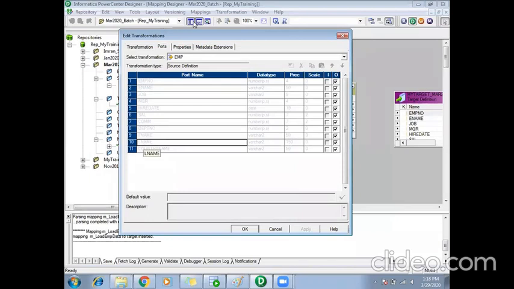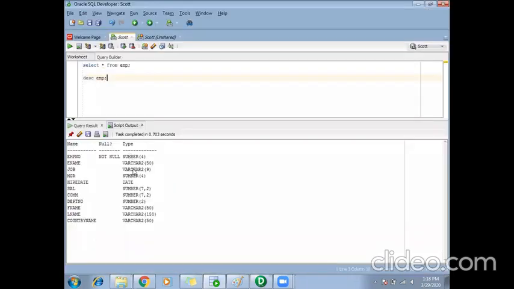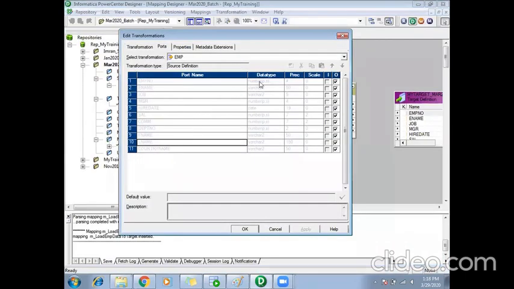If you see, the source definition data types are exactly the same as the data types we have in the database table. See employee number here and employee number there, the same thing. So what we can observe is that I can't make any changes in the source definition, and it has the same data types.